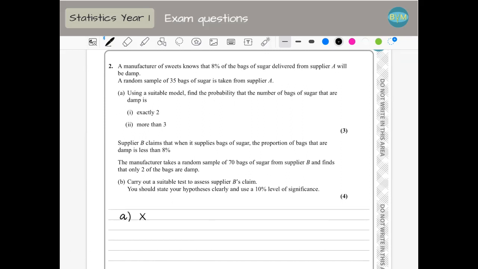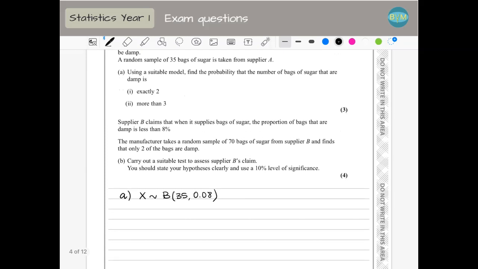So if X is the number of bags that are dumped, it's going to be distributed binomial, N is 35 and P is 0.08, or 8%. And now we can find any probability. So the first one is the probability of X being exactly 2. What you do is use the calculator, you search binomial PD, probability distribution, because we have the equal, and N is 35 and P is 0.08, and you get